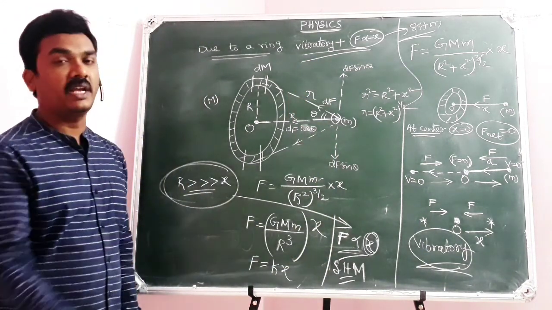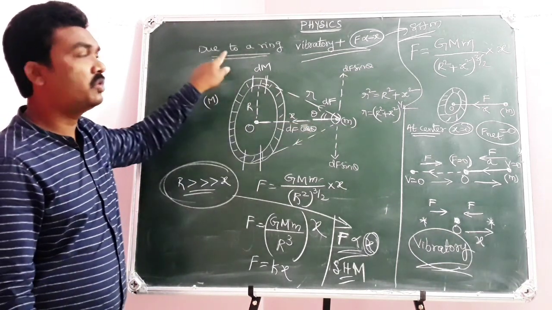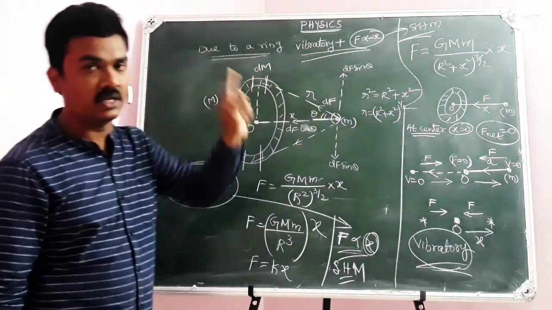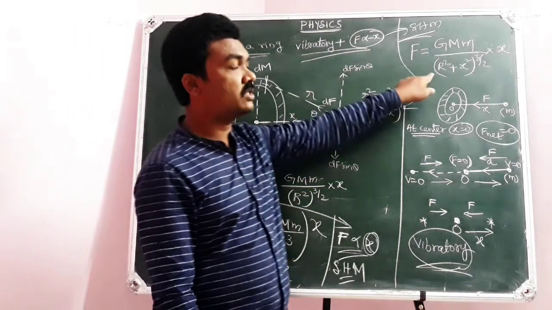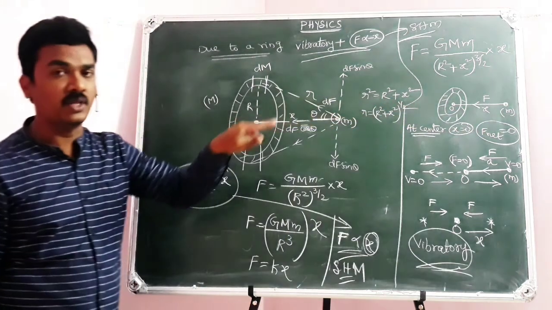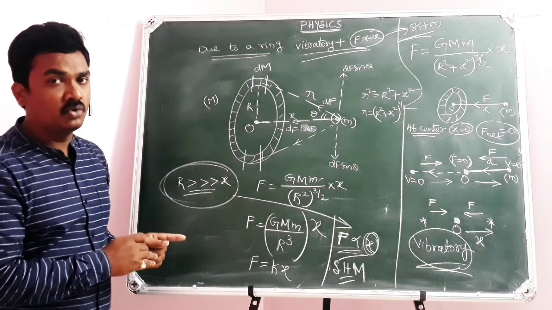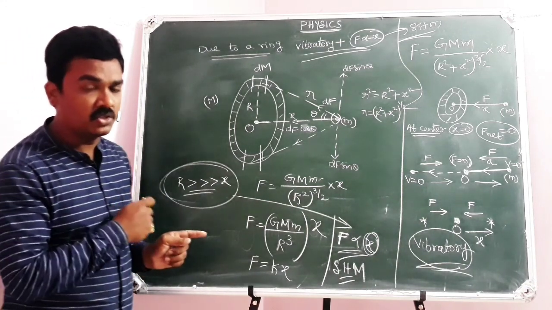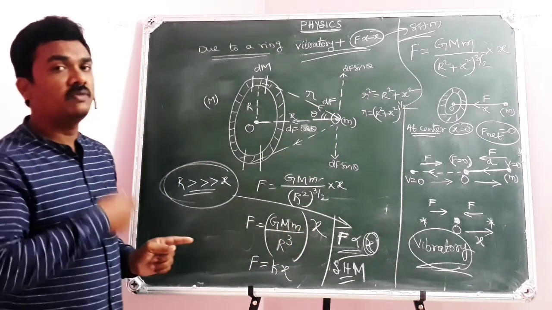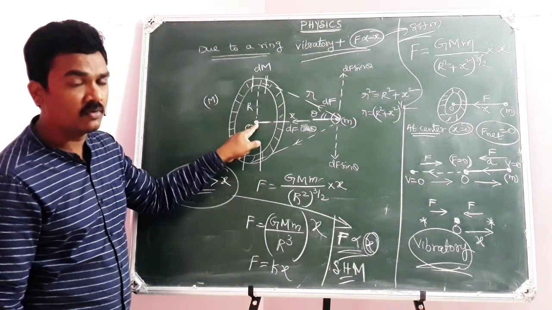So this is a little more extension to the concept of force of gravitation on a point mass due to a ring, F equal to GMm by (R square plus x square) whole power 3 by 2, into x. But there is a continuity for this. Due to force of gravitation, your particle moves towards the center of the ring. But because of inertia, it will try to go on to the other side. But due to force of gravitation, again it will return towards the center. Again due to inertia, it will go on to the other side. So it will execute a vibratory motion about the fixed point called the center of the ring.